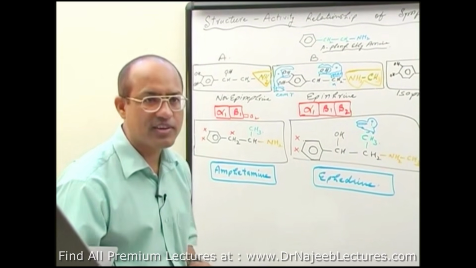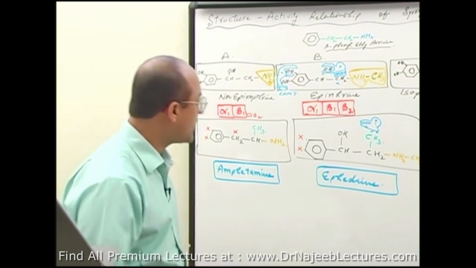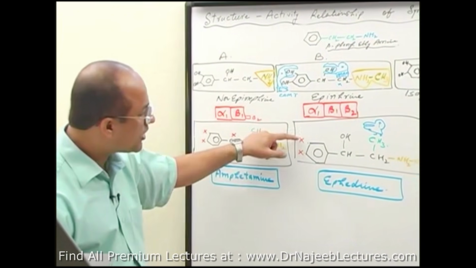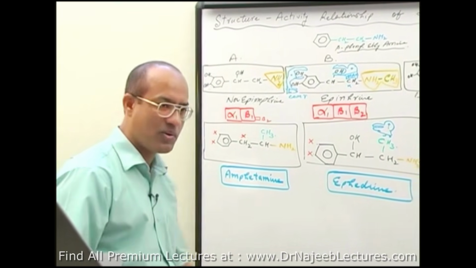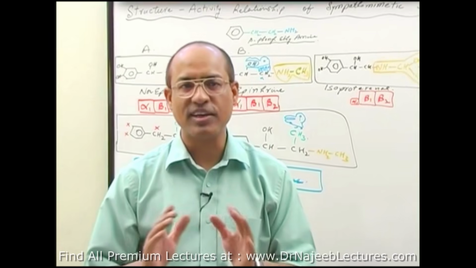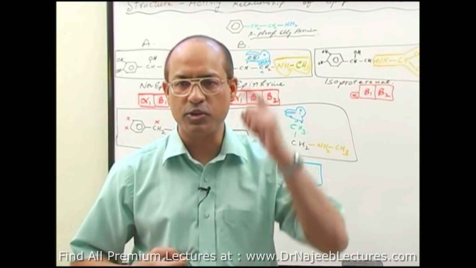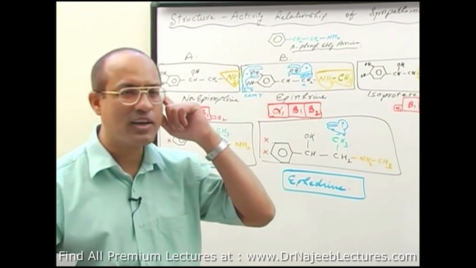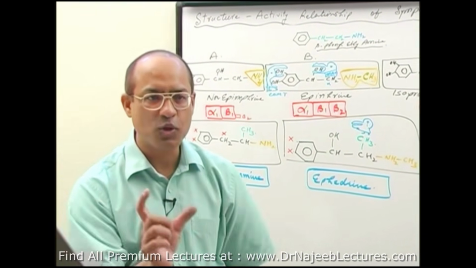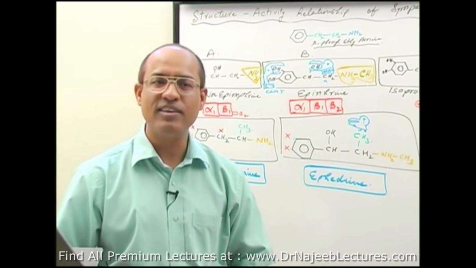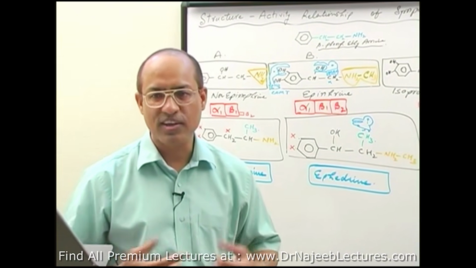Do catecholamines have strong direct acting action or non-catecholamines? Catecholamines. Okay. In non-catecholamines, because these hydroxyls are not there, will they be more lipid soluble or less lipid soluble? Okay, now I will ask in another way. You have to tell me if the drug is catecholamine or non-catecholamine. There is a sympathomimetic drug which is well absorbed from the GIT and goes to the central nervous system. Non-catecholamine. There is a sympathomimetic drug that has to be given parenterally and has a short duration of action. Catecholamine. There is a sympathomimetic drug which can be absorbed orally, has a long duration of action and goes to the central nervous